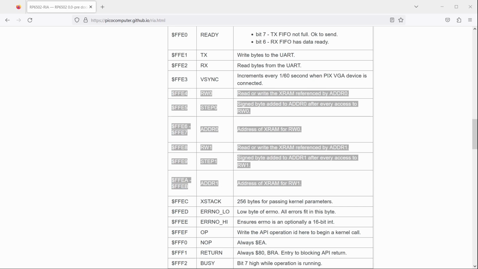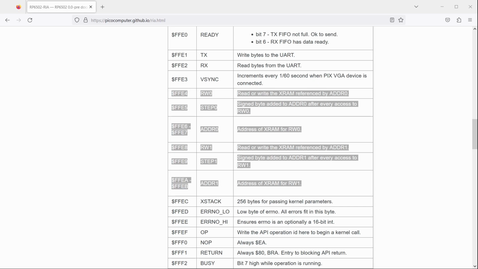And it does. It's bad form to blast your users with garbage video, so let's clear the extended memory before we bring up Mode 3. Extended memory is accessed by setting the registers on the PyPico RIA. These are ordinary registers, not extended registers. Looking at the documentation, we see 2 sets of address, step, and read-write registers. Both sets work the same on the same 64K of extended memory. We'll only be using set 0 for our program.